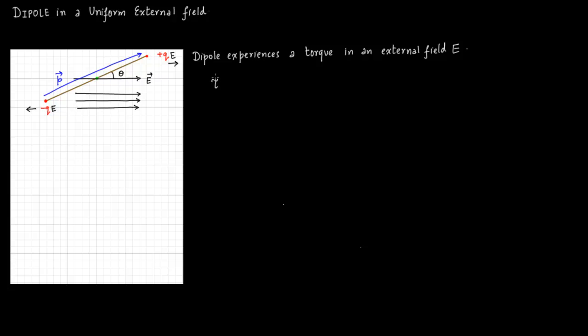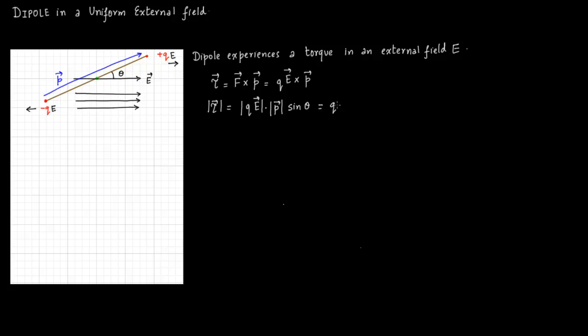Then the torque is given as, torque is a vector. It is given as a cross product of force vector and this P vector which we have just drawn. Now force is given as Q times electric field, then take cross product with the P vector again. And since this is a cross product, you know that the magnitude of the torque vector is magnitude of Q times E vector times magnitude of P vector times sine theta. So this is the magnitude of the torque.